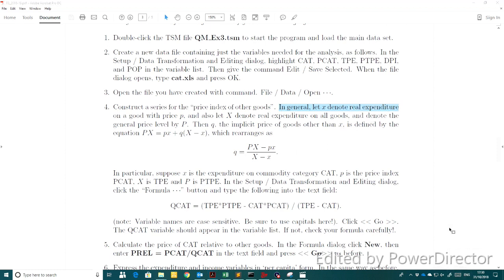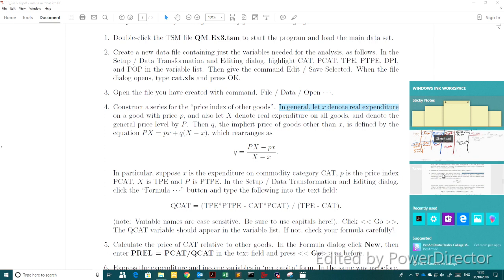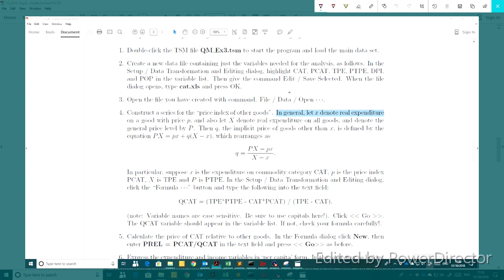So basically this X, which is represented over here, this small X, denotes the real expenditure on the good with price P. So basically what we need to understand is that X, the small one, stands for real expenditure of good A, while P stands for the price, or the price level, of A. Then the product of these two, which is PX